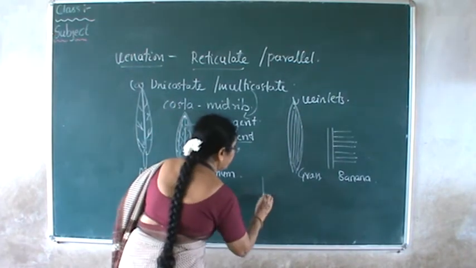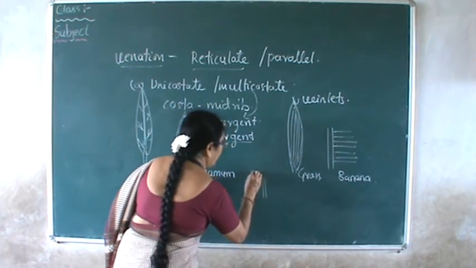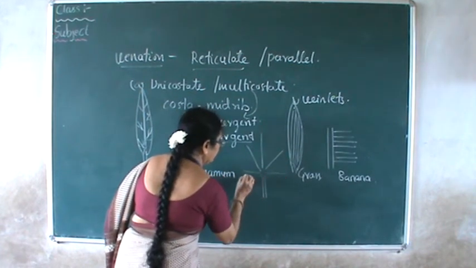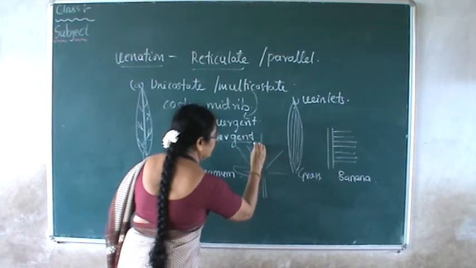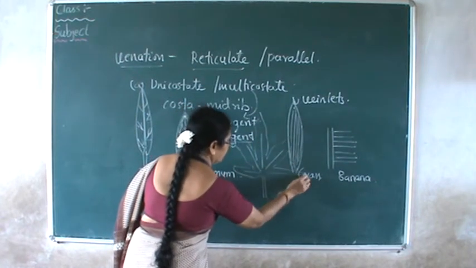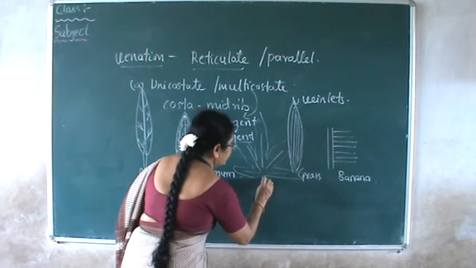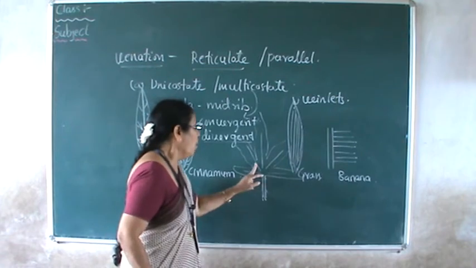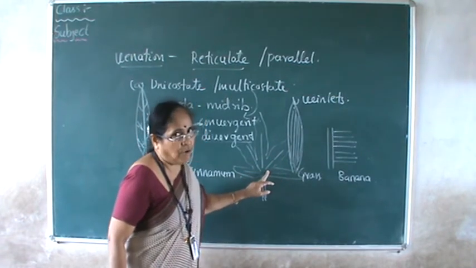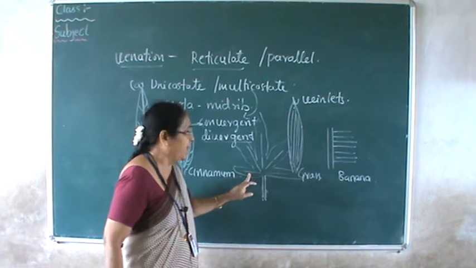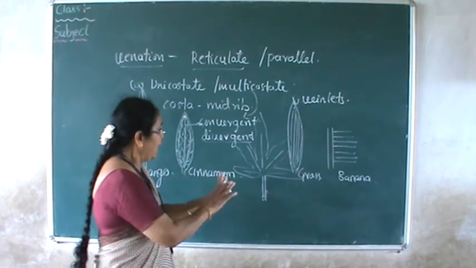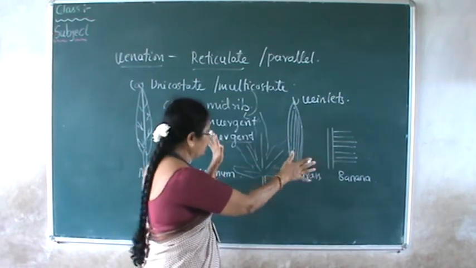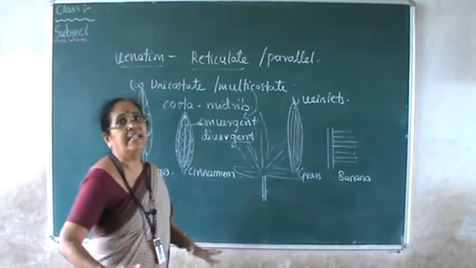And in this case, this is not a permanently compound leaf, this is a simple leaf only, but having more than one equally strong midrib. Here I have drawn 5. 1, 2, 3, 4, 5. 5 equally strong midribs, and they are not converging like this at the tip, they are diverging towards the periphery so that the leaf appears as if it is highly dissected.